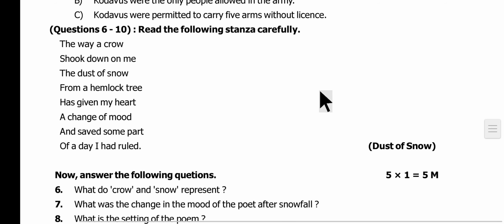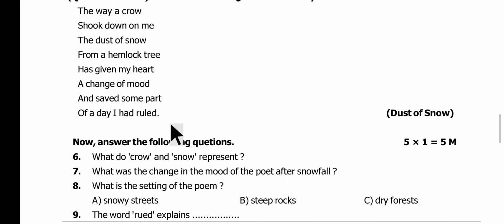So the way a crow shook down on me the dust of snow from a hemlock tree has given my heart a change of mood and saved some part of a day I had rued. This is a stanza extracted from the poem Dust of Snow, and followed by